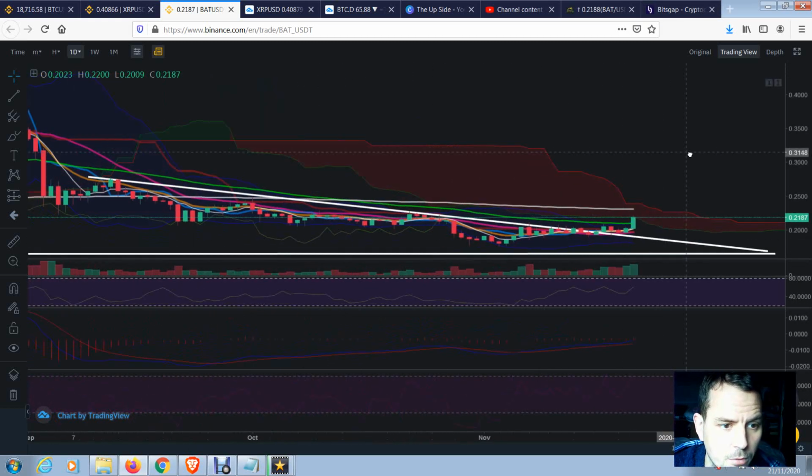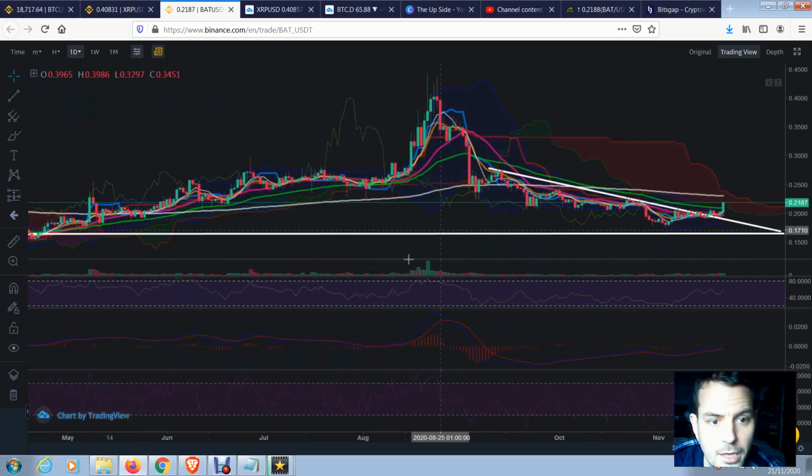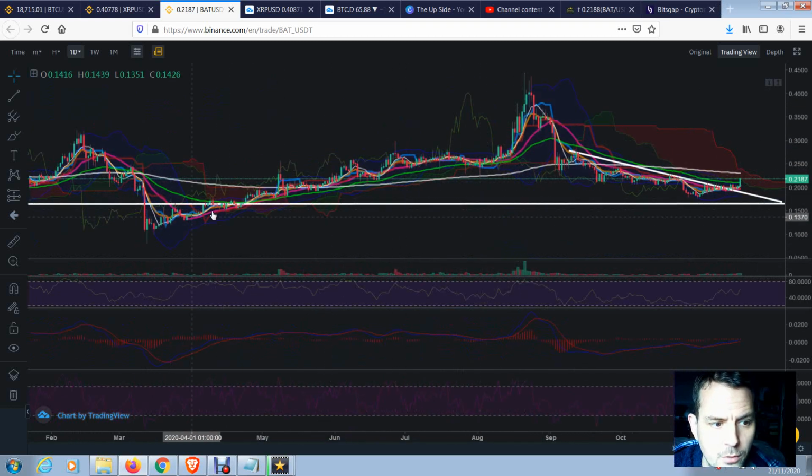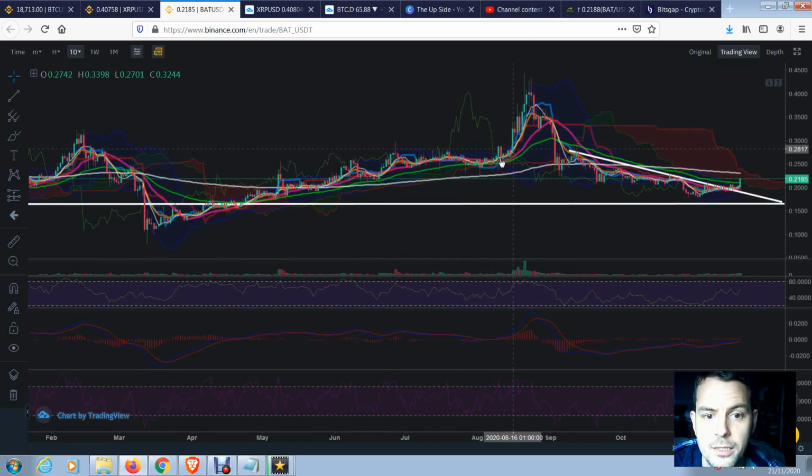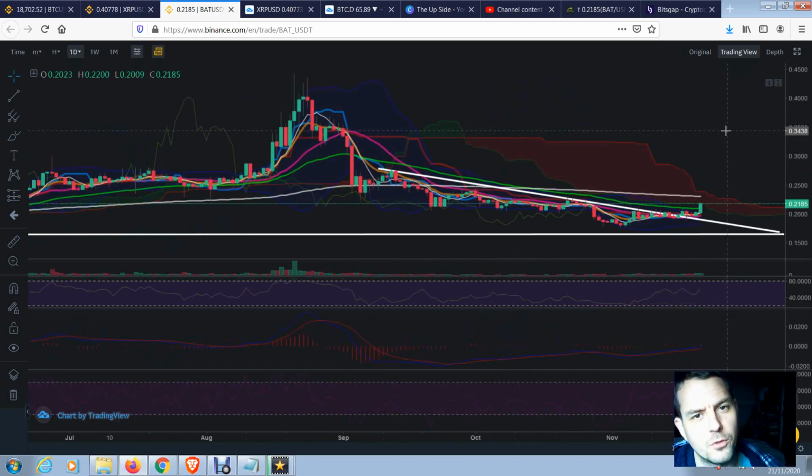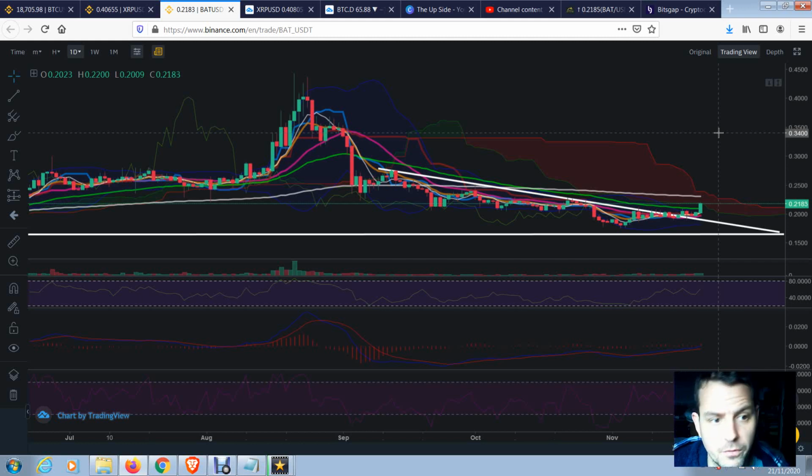So what we're seeing here on BAT is that we had this breakout here, and if I remember rightly, the chart was looking very good, but this move here was off the back of something to do with their internet browser offering a free VPN. So basically an incentive for people to use the browser and then obviously use Brave. So a fundamental reason for it to pump like that. And then what usually happens when you have a pump like that, especially if it's off the back of news, is buy the rumor, sell the news. That's the deal. So the rumor was bought and then sold basically, and now what happened is a period of